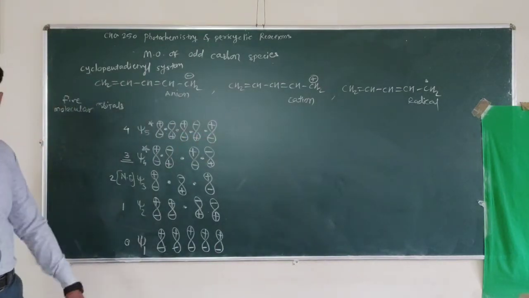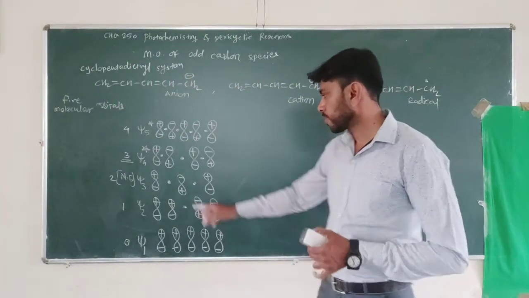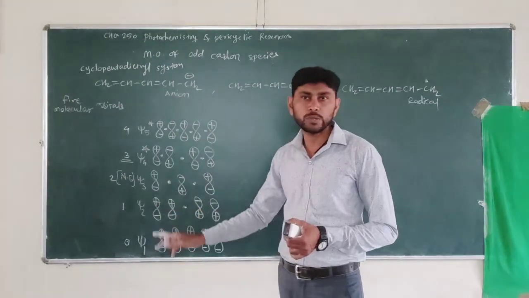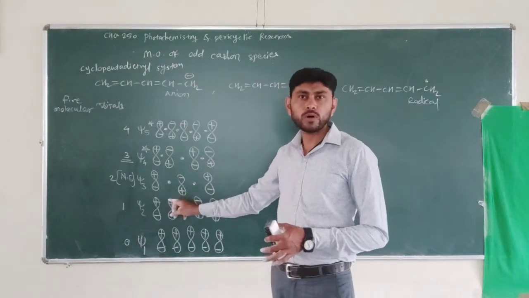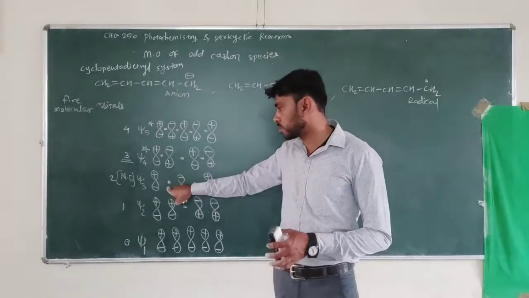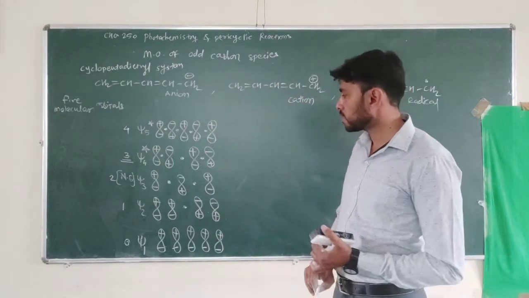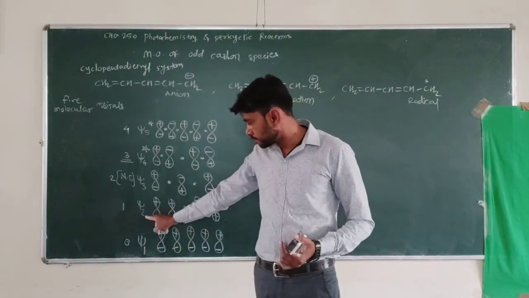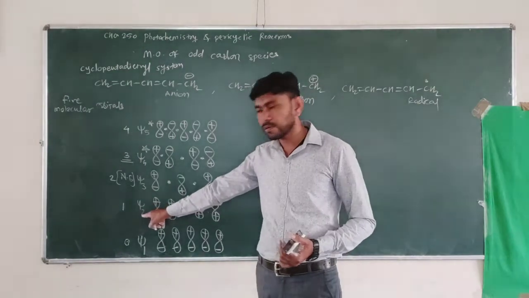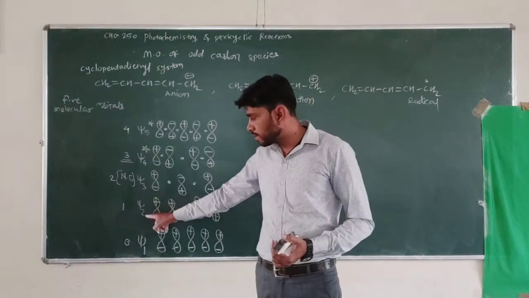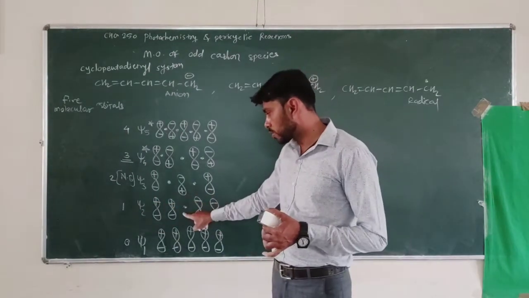So these are the orbital drawings. What are the simple rules? First rule: for a non-bonding orbital, all the nodal planes pass through the nucleus. If they pass through the nucleus, then we don't have to draw that particular orbital; we directly draw the nodes. And for even numbered molecular orbitals, such as 2, 4, 6, the first node passes through the nucleus.